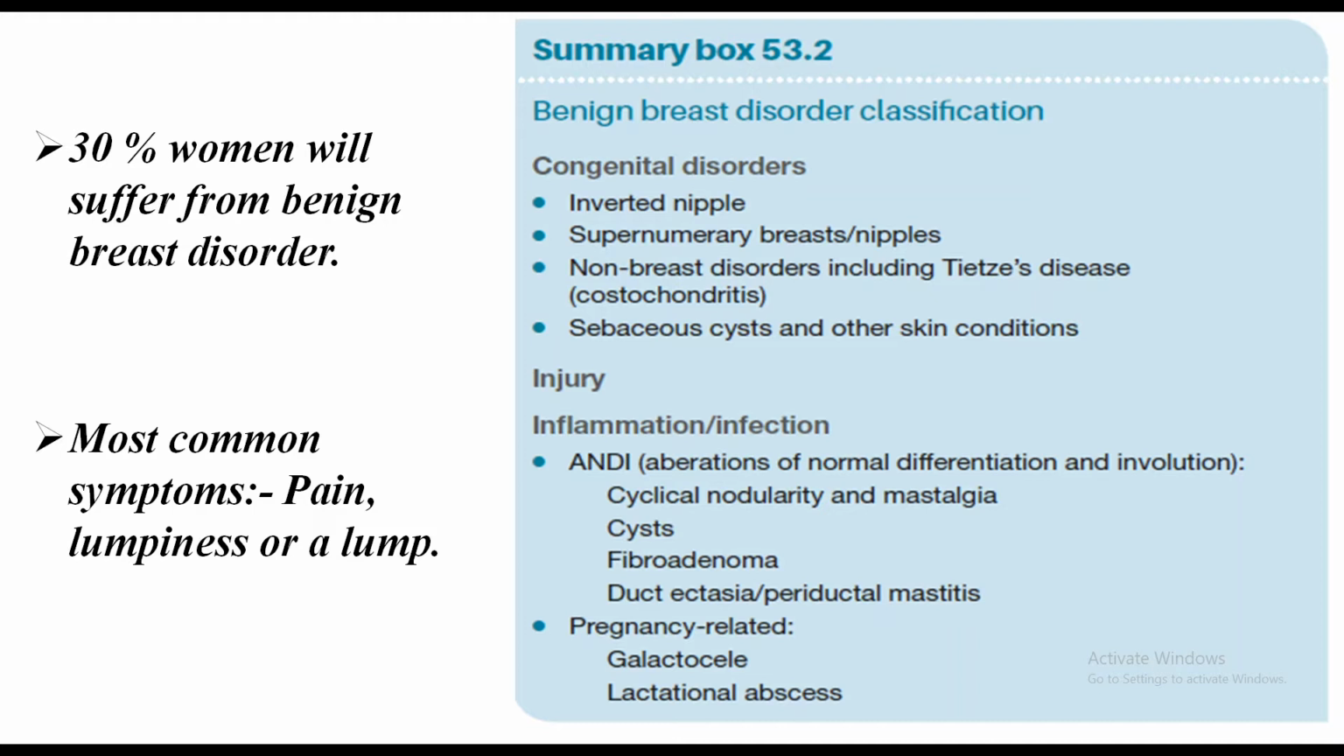I'll explain. Inflammation and infection related are ANDI, that is aberrations of normal development and involution: cyclical nodularity and mastalgia, cyst, fibroadenoma, ductectasia or periductal mastitis are included in ANDI. There can be pregnancy related issues also, which are galactocele and lactational abscesses. Now, the congenital abnormalities, which include